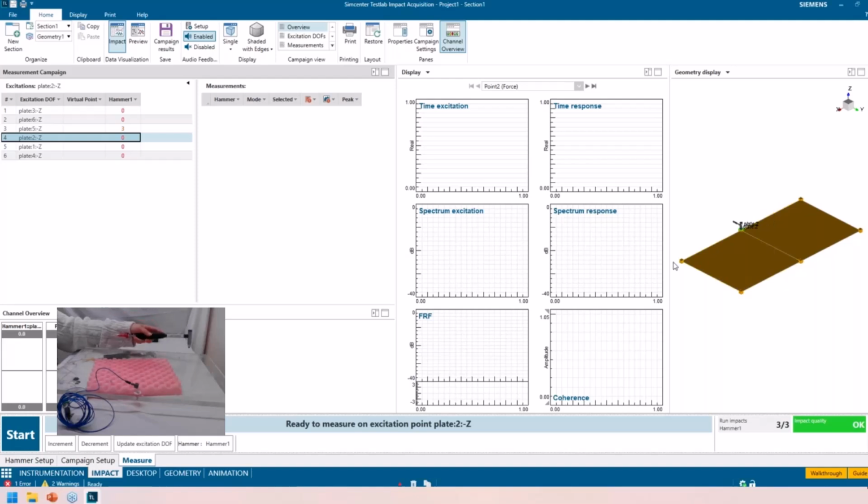So you could just increment and go across and collect your data. And even though this is only in the Z direction, because this is a plate, you should still get some pretty cool mode shapes because all the points will be moving up and down. So you'll get a lot of the bending modes and the rigid body modes. You should be able to see those. If you wanted, you could impact in 3 directions on like corners. Definitely cannot do that in the center. Although I guess because all of our nodes are on the edges in this plate, you might be able to get away with going in an extra direction or 2.